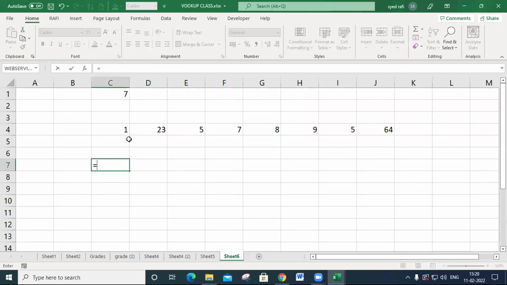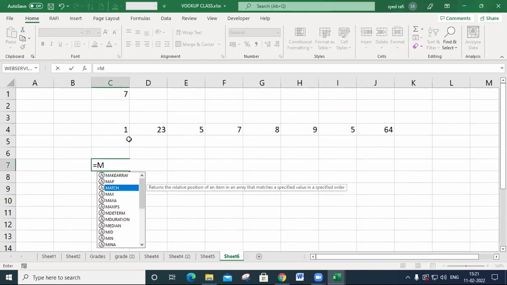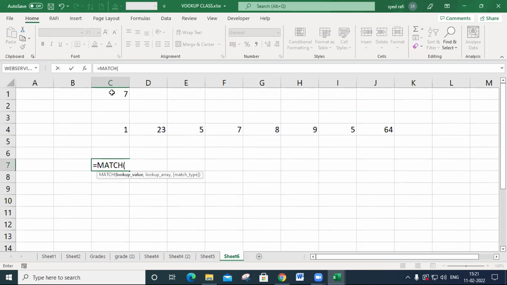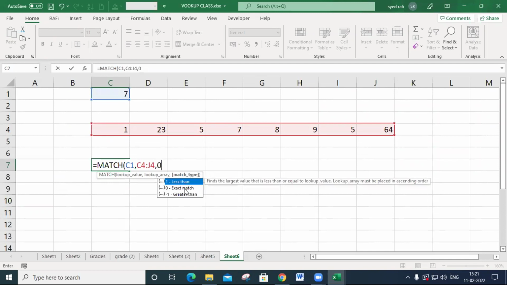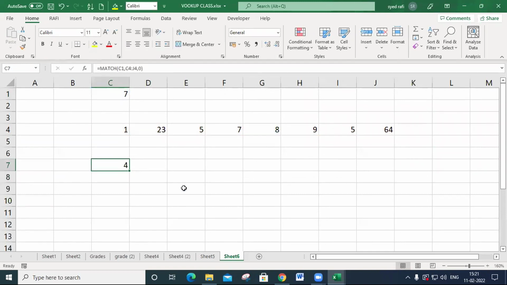So equal to match, and I need to look up this value in this range, comma, exact match, 0. You must take the 0, close that one and press enter. 4. So 1, 2, 3, 4. It means you may say here the 4th column.